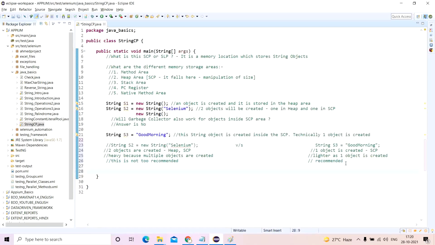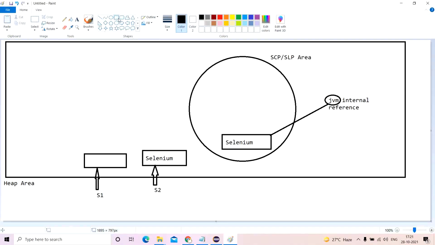Now we'll learn something else. Let's say for example we'll try to create another string. Let's say String s4 equal to new String, and I will write here, let's say "Java". Okay, I have done this. So what happens when I do this? Two objects are created.